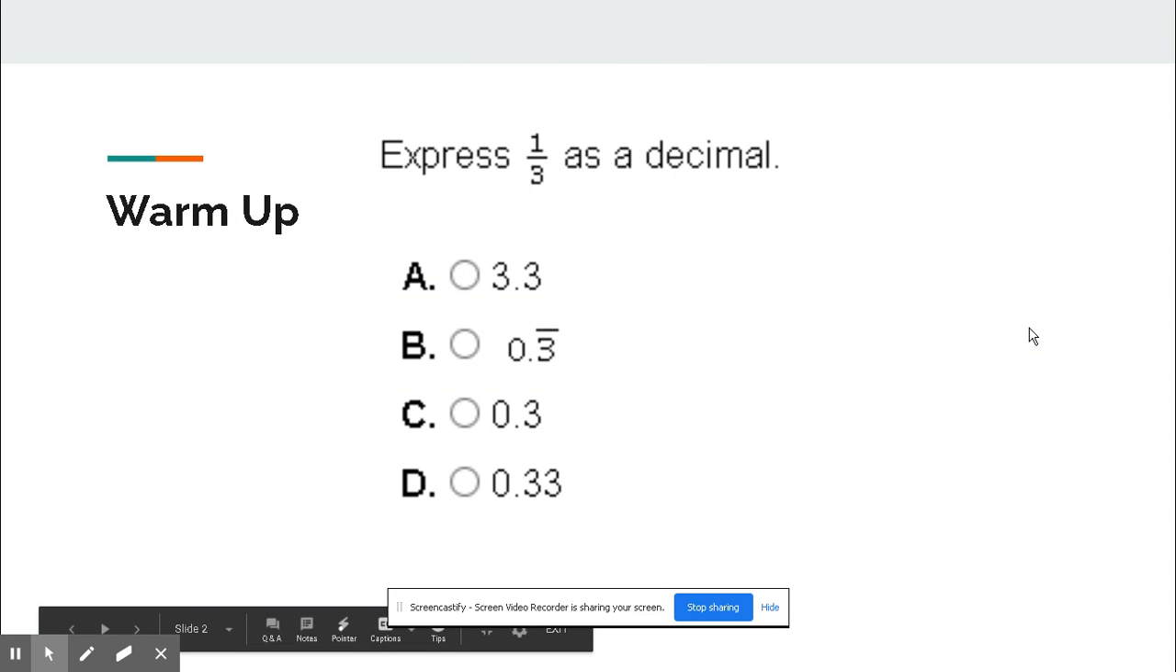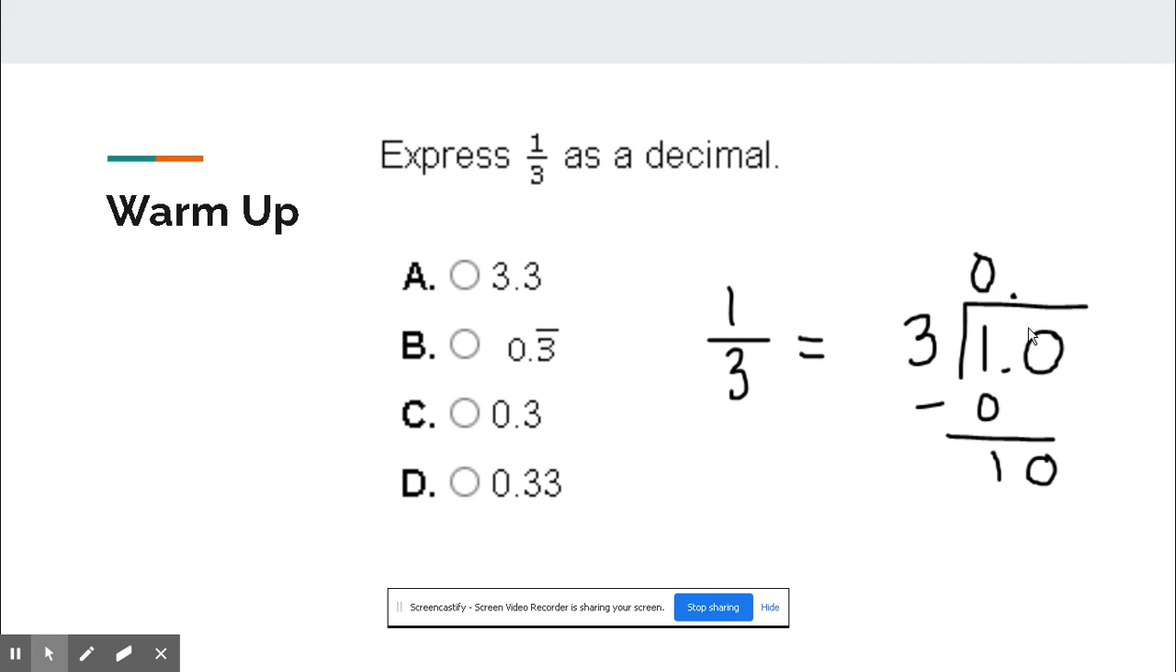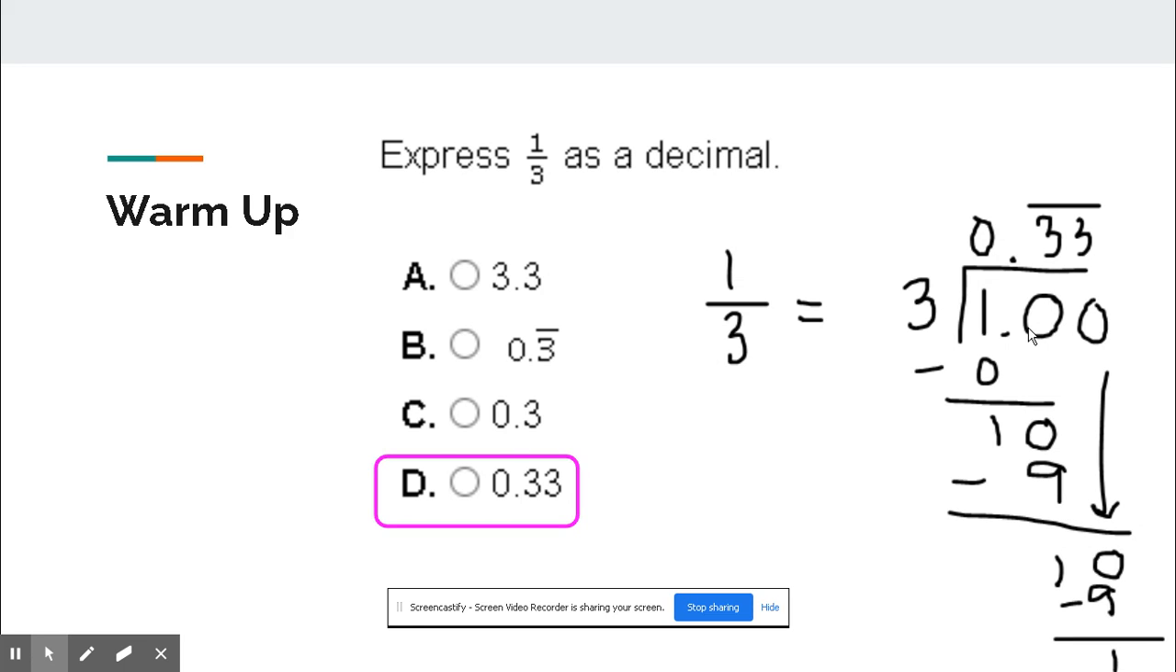For your warm-up, express 1/3 as a decimal. So just like last week, you're going to do 1 divided by 3. And we can't do 1 divided by 3, but we can put 1.0 and pretend that it's 10 and then divide. Make sure to bring your decimal up. 3 goes into 10 3 times, and this will repeat, giving you an answer of 0.3 repeating. Next,